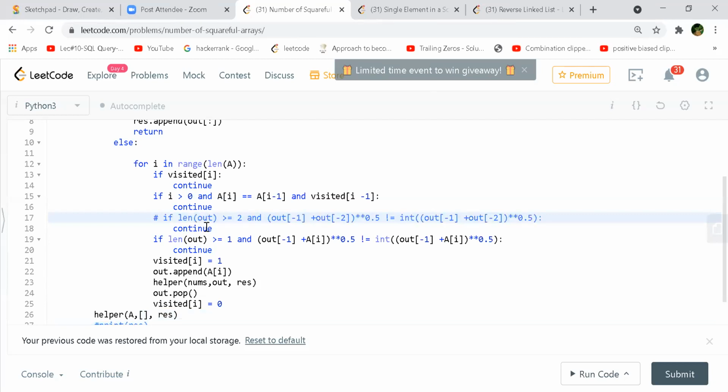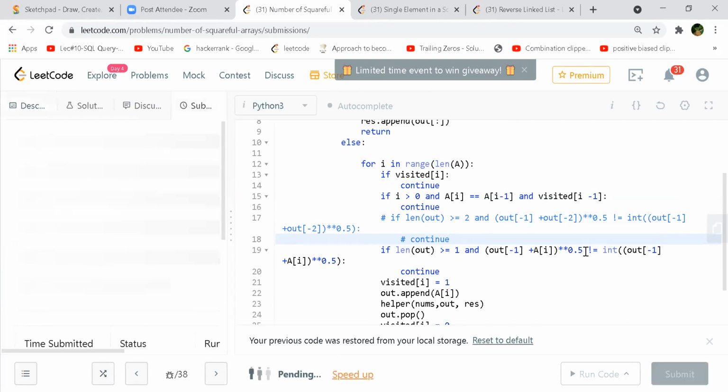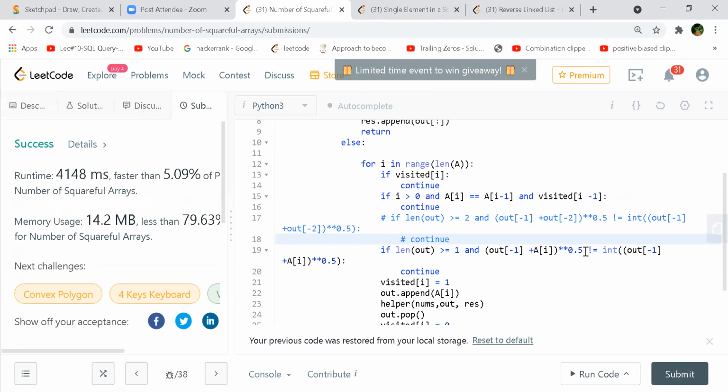No, I don't think so. It might be having some reason. I also thought while at least 2. At least we'll know which test case is failing. Then it's awesome. That was redundant then. Yeah. No, because if you see, the time complexity is giving 5.09%, right? And 4,148 milliseconds. Earlier also it was somewhat this only. This is the uncommented brute force, right? So it will be like this, and we are looking at the n factorial time complexity.